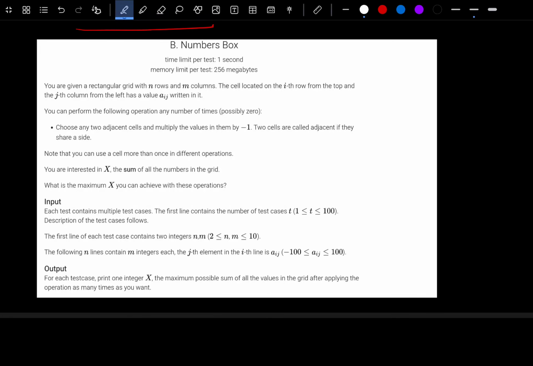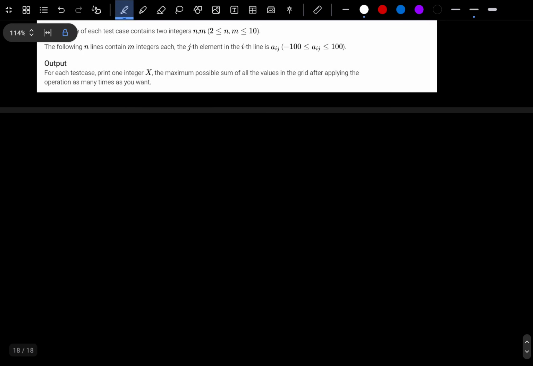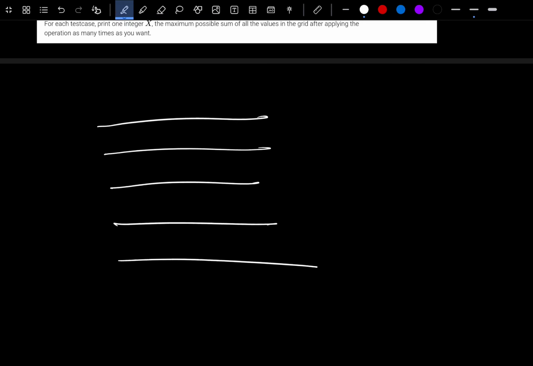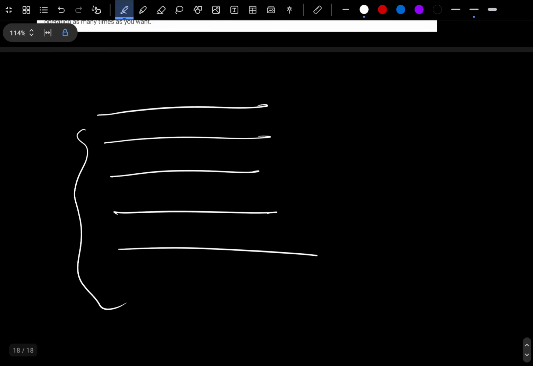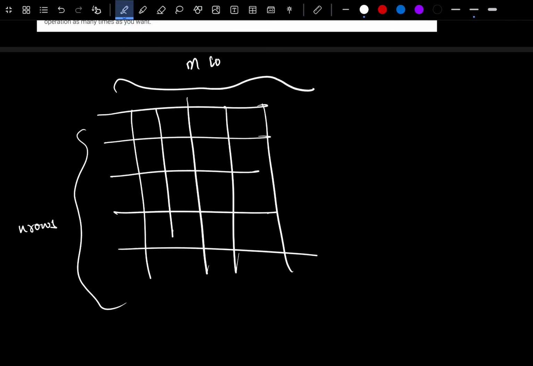So they're saying that you are given a rectangular grid with n rows and m columns. So they're simply saying that we have n rows, and so on up to n rows. These are n rows, and there will be m columns, if we go something like this. Okay, so yeah,